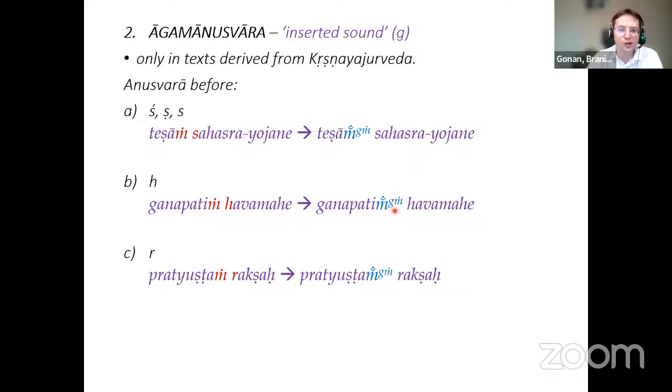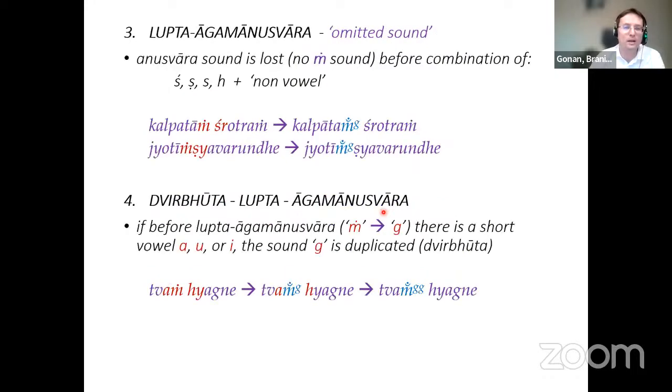So sh, s, h, and r, we have these changes of Anusvara into Gum, Agamanusvara. Then what is next is Lupta. Lupta means omitted. So what are we omitting? Agamanusvara. So we are omitting this G sound,